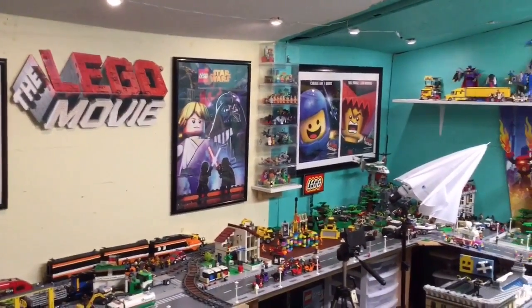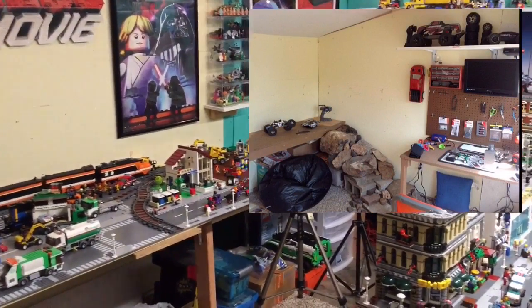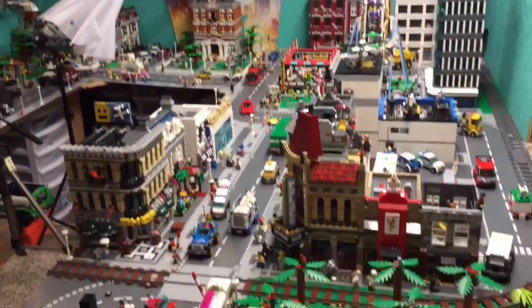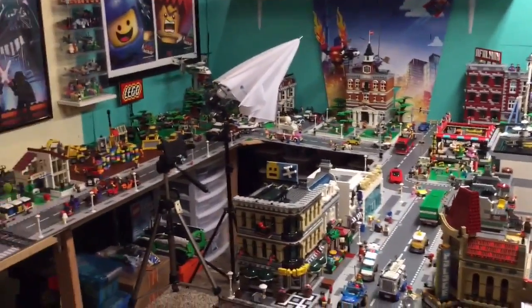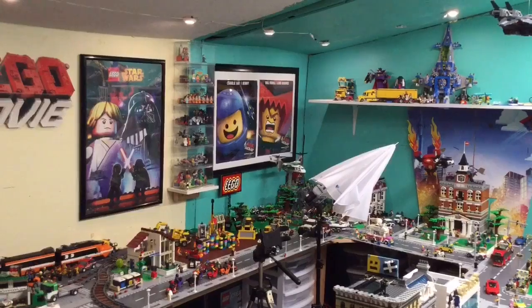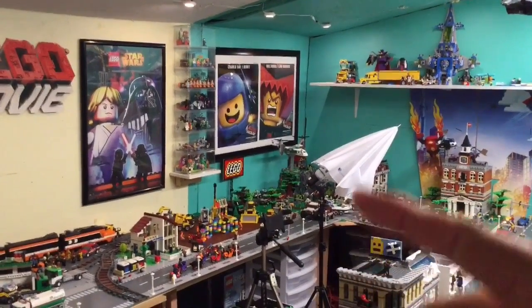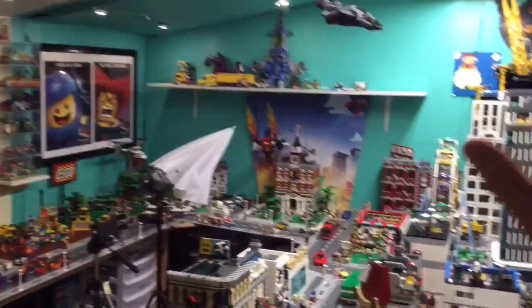stuff out of here. And then I started messing around with RC cars out here and then started messing with Lego. And so I got the Lego City, which I won't zoom in too much on, but that is the Lego City. And then here is the room. So as you can see, some years back, sorry about the shaky cam, I took that wall, I moved it back, and on the other side of that wall is